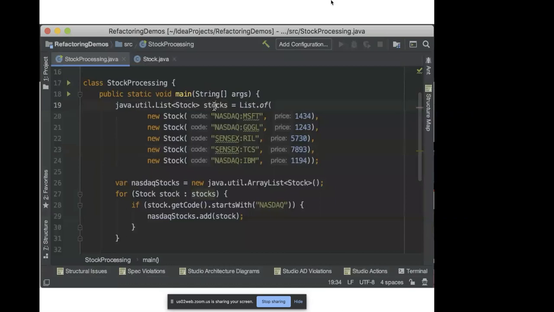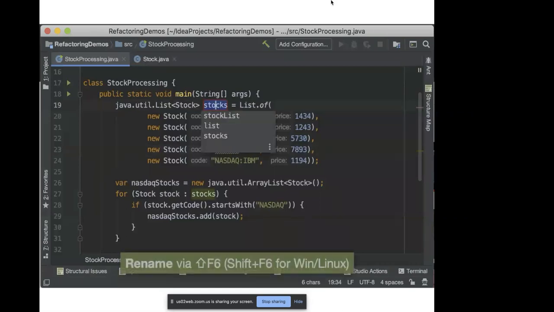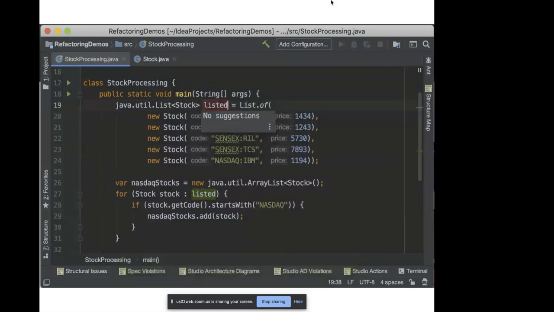For example, let us say we have a list of stocks and I want to rename it. So shift F6. I think I briefly mentioned these shortcuts. To rename is shift F6, to move is F6, and to change the signature of a method is command F6.